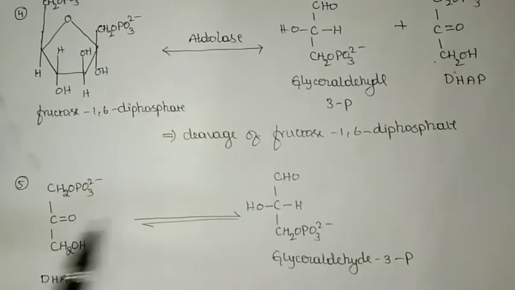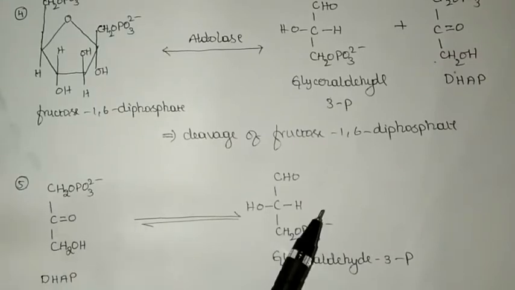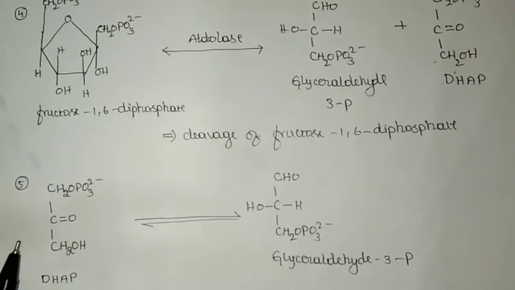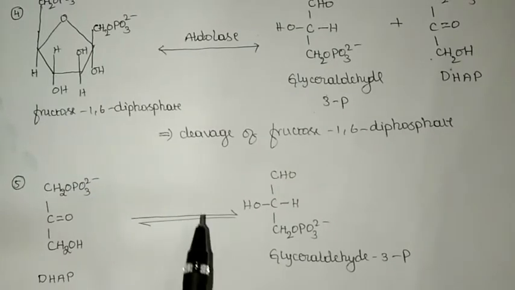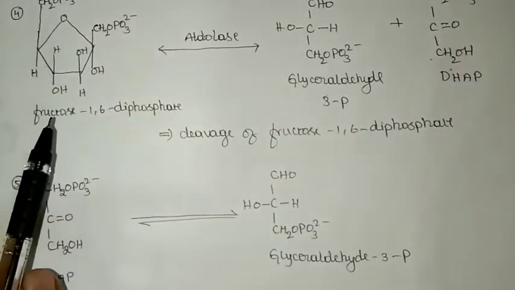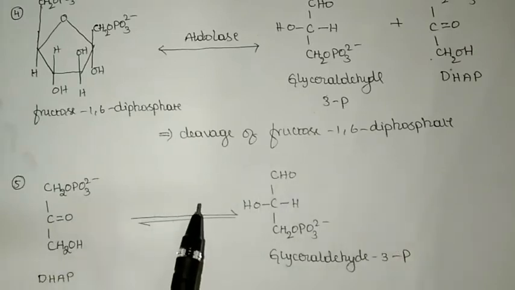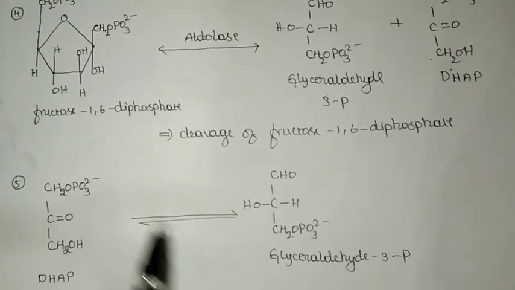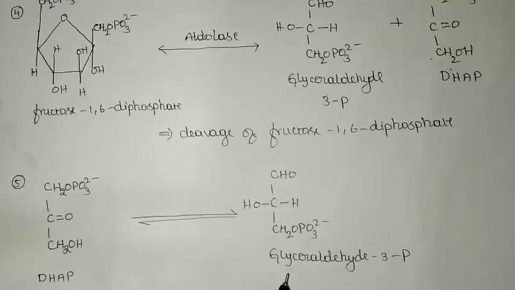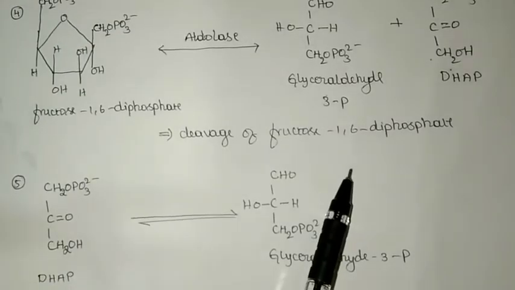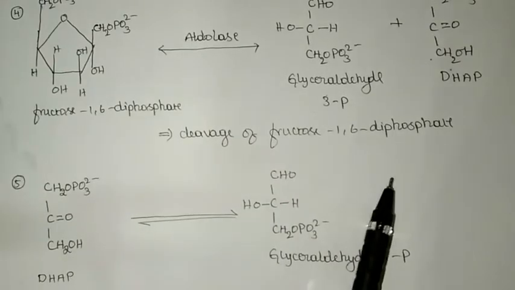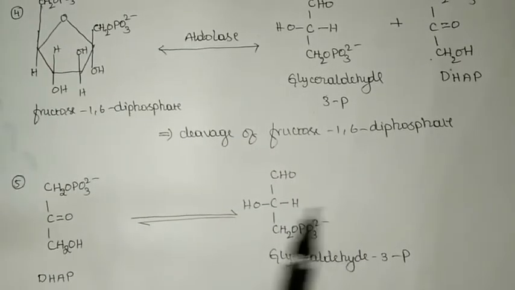Once again, these two are isomeric forms. Because these two are isomeric forms, both of them are triose sugars. In the fifth reaction, the dihydroxyacetone phosphate, which is produced in reaction number 4 through the cleavage of fructose 1,6 diphosphate, will be reversibly isomerized to produce glyceraldehyde 3 phosphate. But you can notice both are 3 carbon atom molecules and both are triose sugars. These two are derivatives of triose sugars, but both of them are in phosphate form and they are interconverting